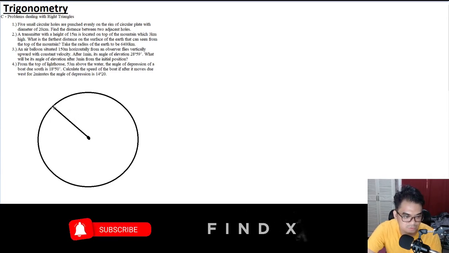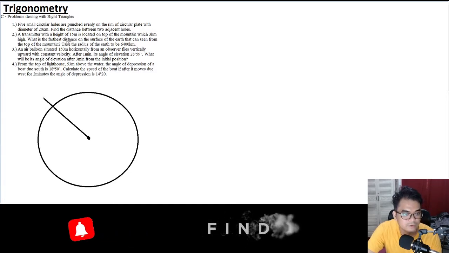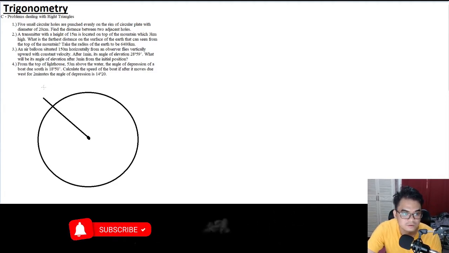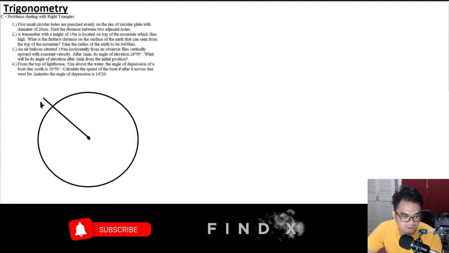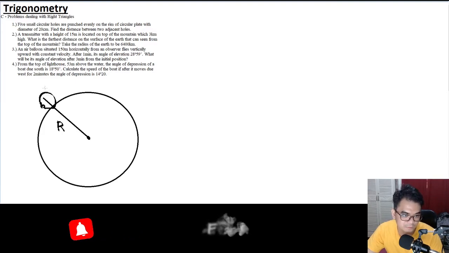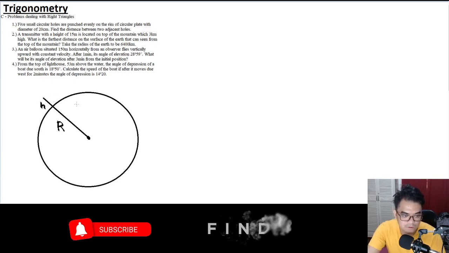So this will be your radius, and let's say that you have to add the transmitter and the mountain. Let's say this height is h, of course this part is r. This part will be the transmitter plus the mountain. If I now make a line here,